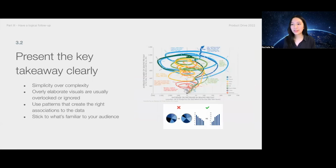Also, be clear with how you present key information. Be intentional with your visuals and have a good sense of the type of response you're urging your audience towards. Our brains understand complex ideas better in simple shapes. It also helps with our memory of the information. I've noticed too often people use visualizations and treat it like a means to an end. Tools like Looker and Tableau make it super easy to plug in large data sets and turn it into captivating dashboards. While both are great tools, if your audience doesn't understand what they're seeing or that what they're seeing is too distracting, your message will be lost,